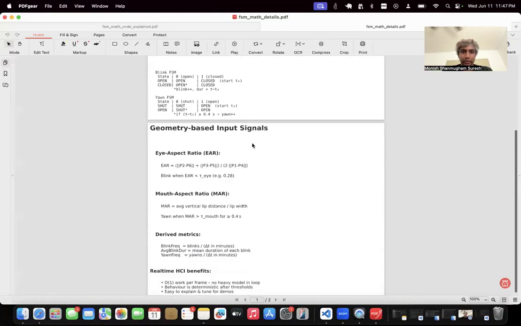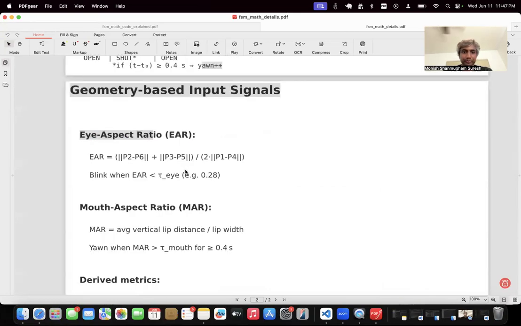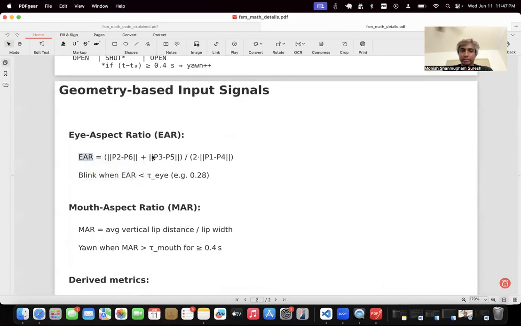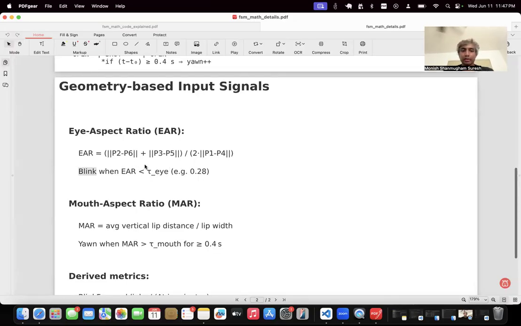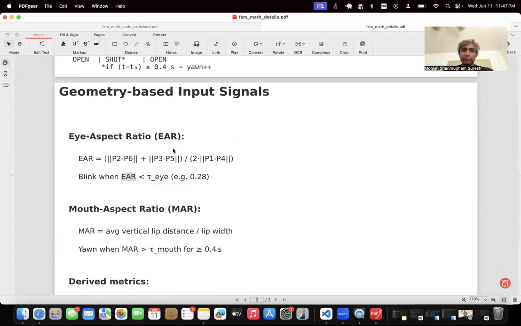So this is the formula for EAR. You take P2 minus P6, P3 minus P5, calculate the absolute differences, and divide by two times the absolute difference between P1 and P4. So you get one value, and then you count a blink when the value is less than 0.28, for instance. So using the EAR value, you detect the blink, or you increase the blink